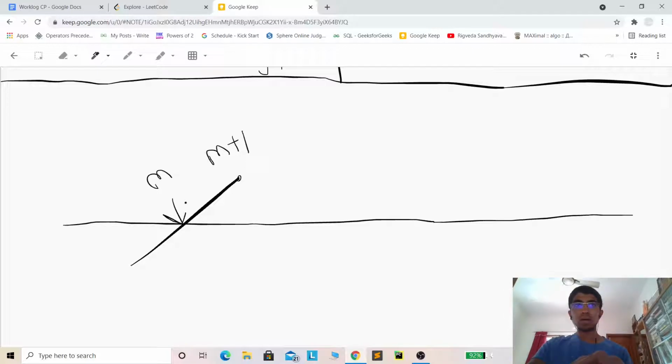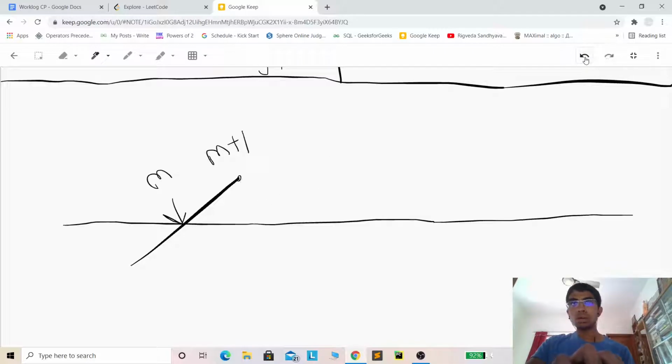If the mth element is less than the m plus 1th element, then we can draw a conclusion, and that conclusion is that the peak would be to the right of the array. The reason is, if nums of m is less than nums of m plus 1, then what is the worst case that we can have in the right side of the array? The array may be fluctuating like this, up and down, up and down. In that case we are guaranteed that there may be a peak in the right side.